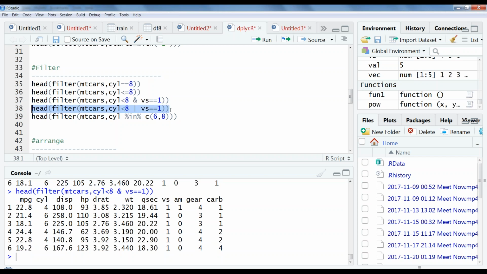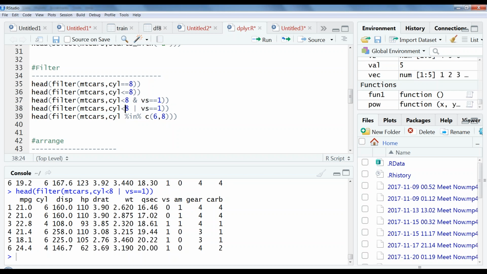Then I'm going to use the OR condition as well. Just now we saw the AND condition. Now I'm going to see the OR condition, which is nothing but if either condition is true, it is going to get me the result. So here vs, you can see 0 also there. Still we got the result because the cylinder condition is matched, cylinder less than 8. So we are getting this result. The OR condition is like any one condition: either cylinder less than 8 is true, it is going to give the row, or vs equal to 1, it is going to give the result. So that is how this filter condition is going to work.